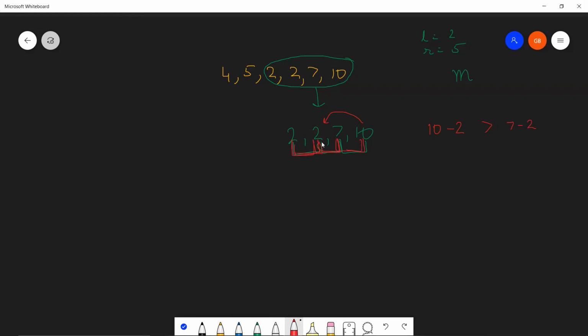So now we need to subtract these respective elements. So 2 minus 2 gives me 0, 7 minus 2 gives me 5, and 10 minus 7 gives me 3. 0 is something that we are not going to consider. So we have only two options, 5 and 3, and 3 is definitely the minimum answer. So for this particular query, this mth query, we are getting 3 as our answer, right?